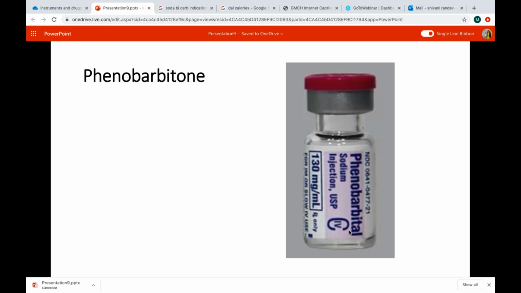So this is another drug which is an anti-epileptic, preferred in neonates, usually not preferred in older children because it causes CNS depression, and assessing the sensorium might become a problem if it is given to older children. The dose is the same, loading dose of 20 mg per kg per day, and its side effect is respiratory depression. So it again has to be administered slowly because suddenly the child might stop breathing. It may cause respiratory depression. So it is the preferred anti-epileptic in newborns.